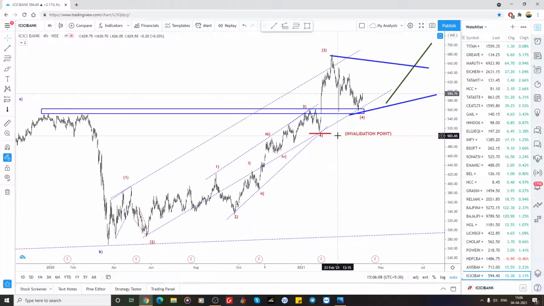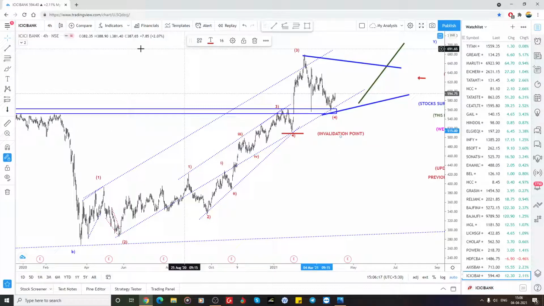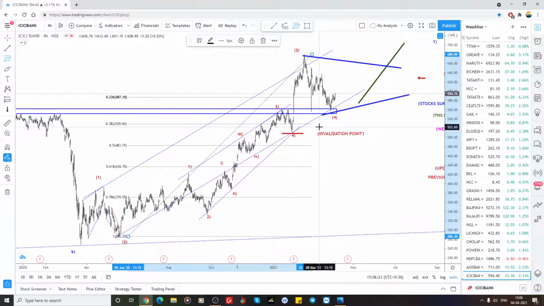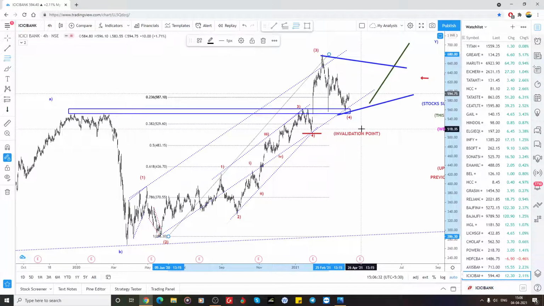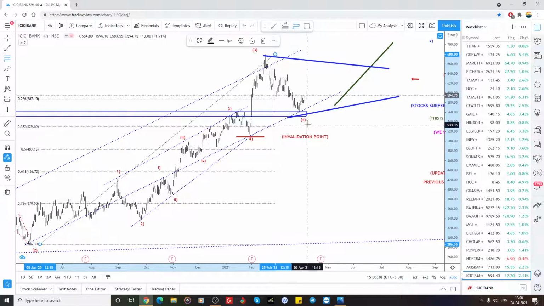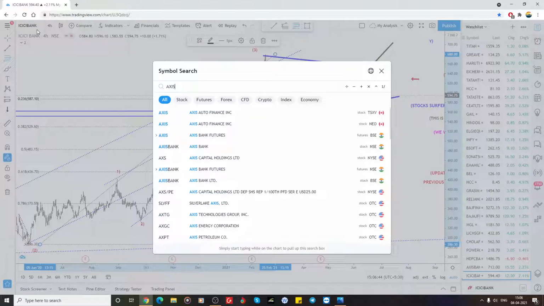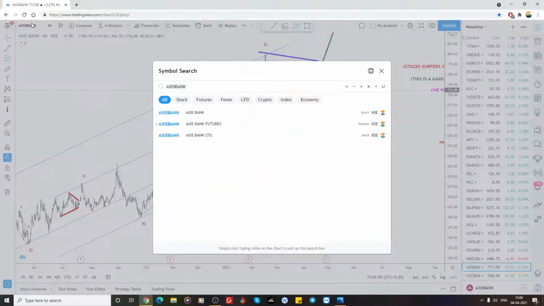And ICICI Bank, so everything we have already decided, right? Everything is in the fourth wave, so there is no change here. And the invalidation point, I have mentioned as the 500 zone. So the 500 zone is also for our satisfaction, because the 38.2 is 529. Sometimes it can give a spike and then go back also. So as per the theory, the 23.6 and the 38.2 is a fourth wave correction. And it's making 3-3 wave structures only so far, in all banks, and I showed it in the last week's analysis also. Axis Bank, so everything in the fourth wave, no change here.